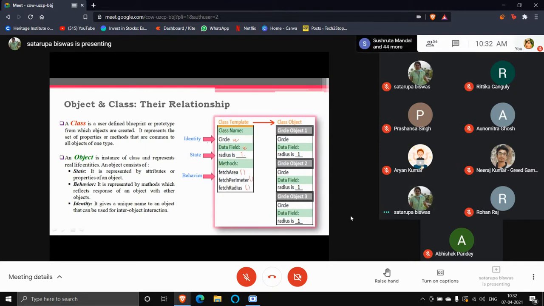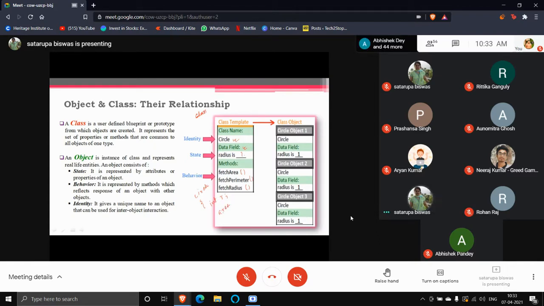So the first is the class name. The class name is Circle, under which you have the attribute radius. Let us write it like the structure we have written in C programming: int r. So this is the radius, and say the area.